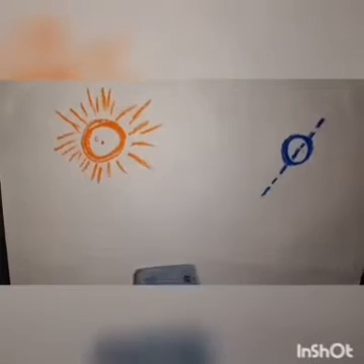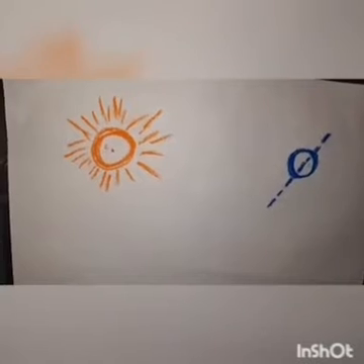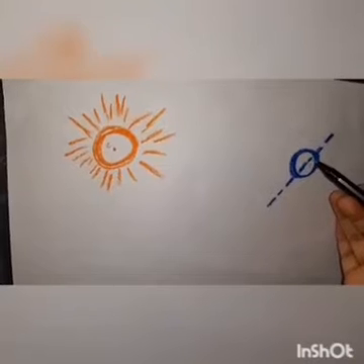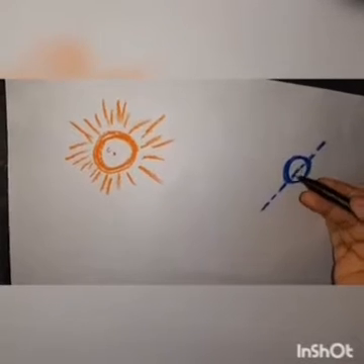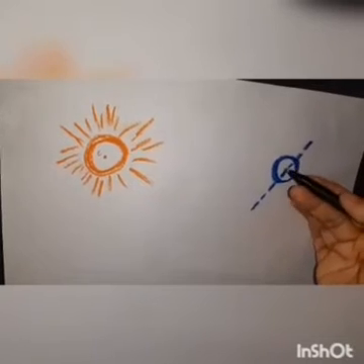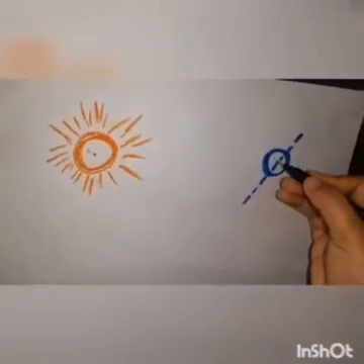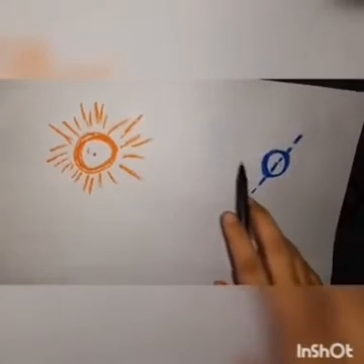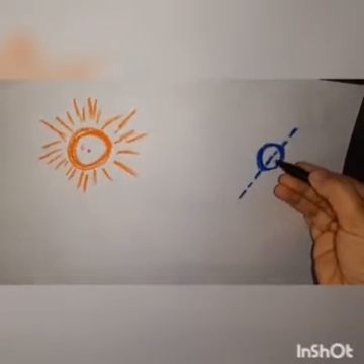Okay, here are the two celestial bodies, sun and earth. Earth is slightly tilted. So this is your earth's equatorial plane, right? Let me extend this plane like this. This is the center of the sun, and here we have the center of earth. Now we'll join the center of the sun with the center of the earth. Clear? And this is your equatorial plane, the equator.